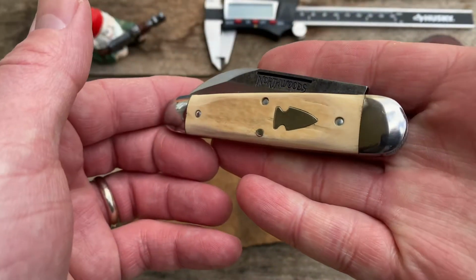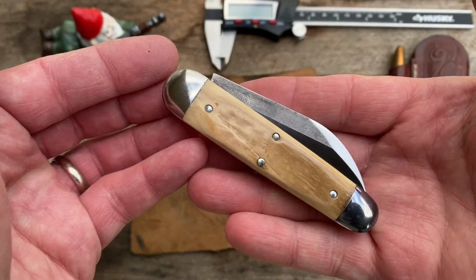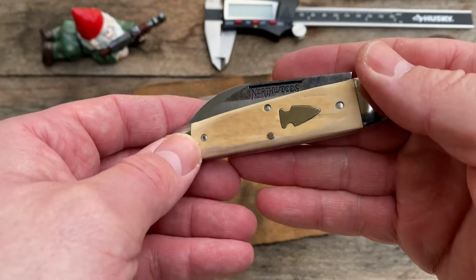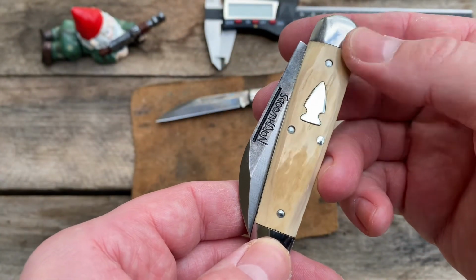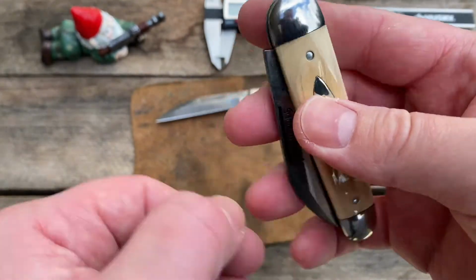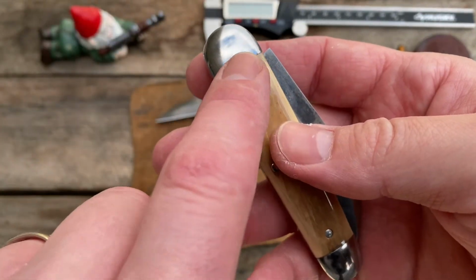Look at that little sweetie. What do you think about that? Now this is Mammoth Ivory. Very creamy, I will say that. Very creamy. Kind of an almond color to me. She's nice and slick. Now, we've seen this in the picture, and